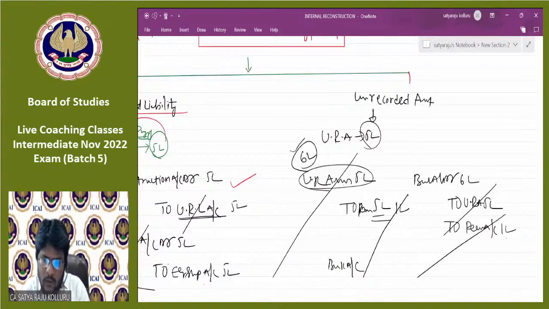Unrecorded asset to reconstruction. May I know how much will be the amount? Bank account debtor 6 lakhs